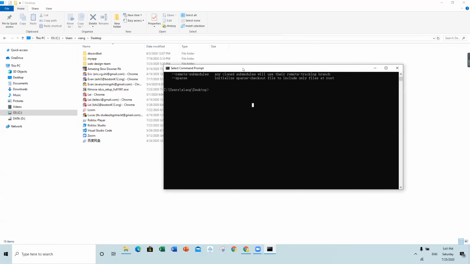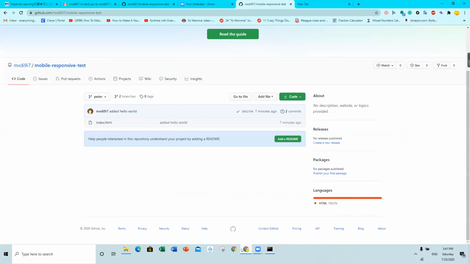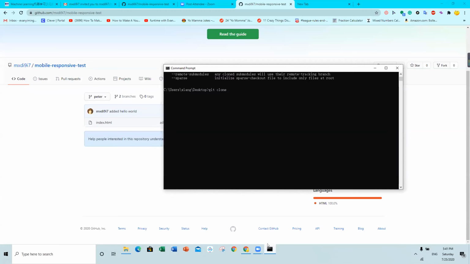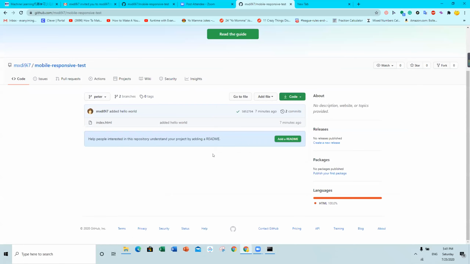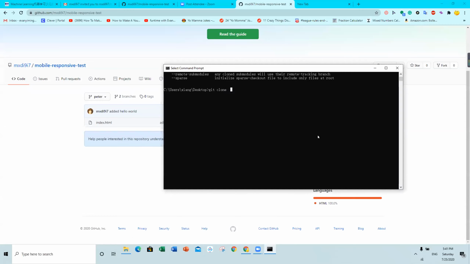Let me see if you have cloned it. So you haven't cloned it yet. So git clone. And did you copy the link? Yeah, I did it. It's right here. I'll just copy it again. Okay. And paste it. Oh, wait, I'll do it since you're on Mac. Yep, there you go. Enter.